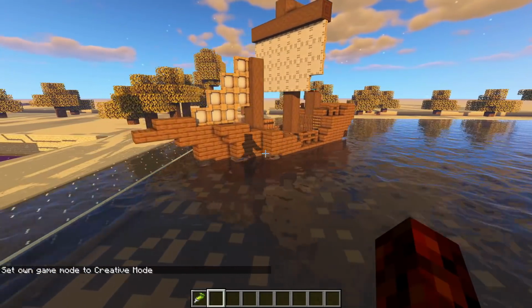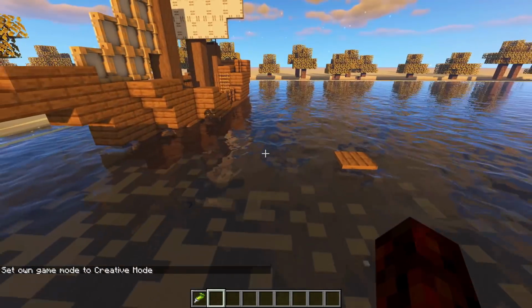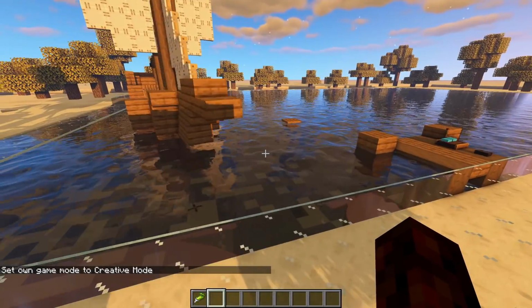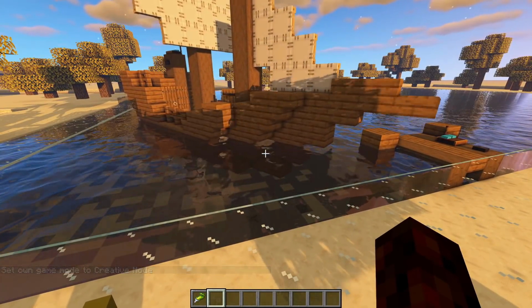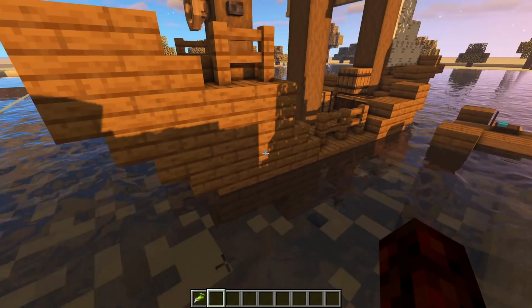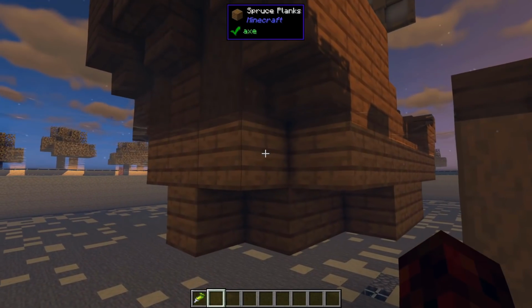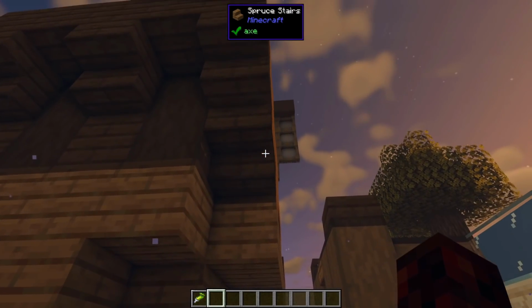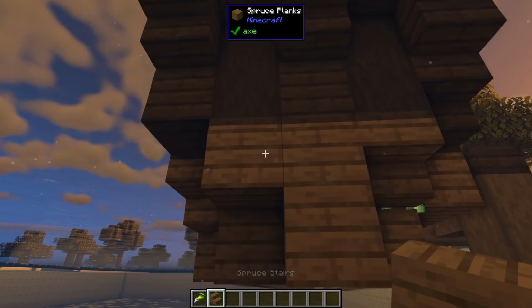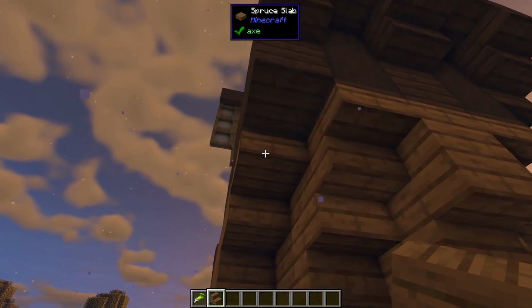Now what I really want to talk about with a boat is waterlogged blocks. One of the really important things to keep in mind if you're building a boat with the Create mod is if a block is waterlogged, what'll happen is it'll kind of duplicate itself. So if I were to, for instance, take these stairs, put them here where the slabs were, or where the full blocks were,